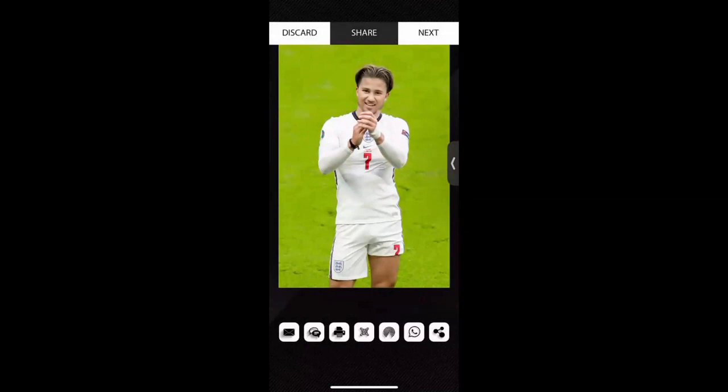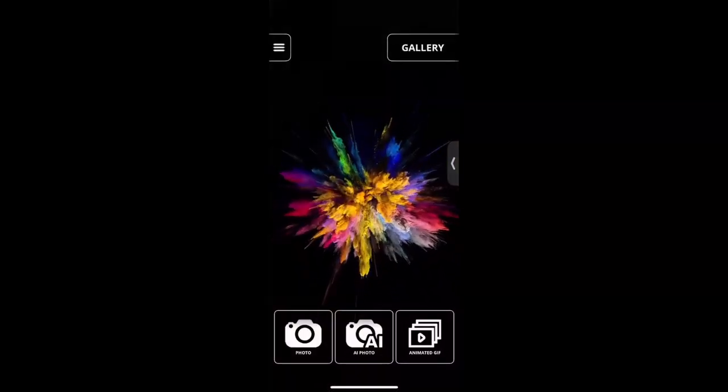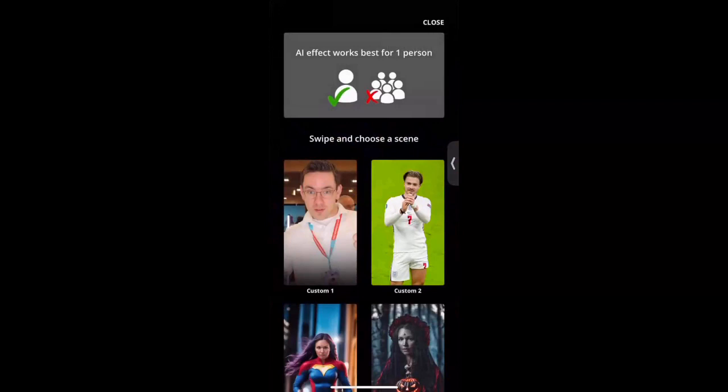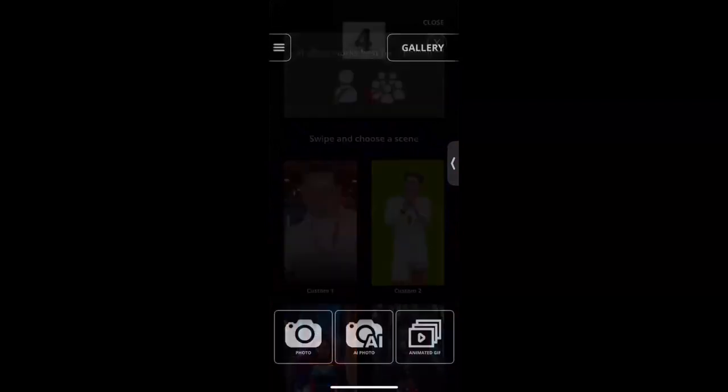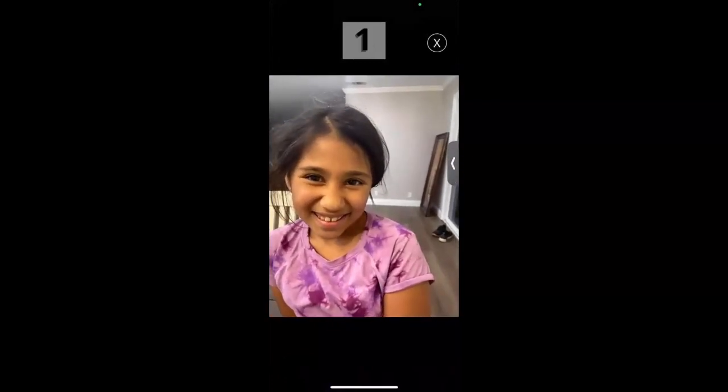So there it is. There's your AI feature, right? It looks like her for sure, but she's not a man. But other than that, it does the best it could, detecting the facial parts. The second one I'm going to pick is Martin. I'm kind of scared to try this on my daughter, but let's go ahead and do this. So, right, 3, 2, 1,